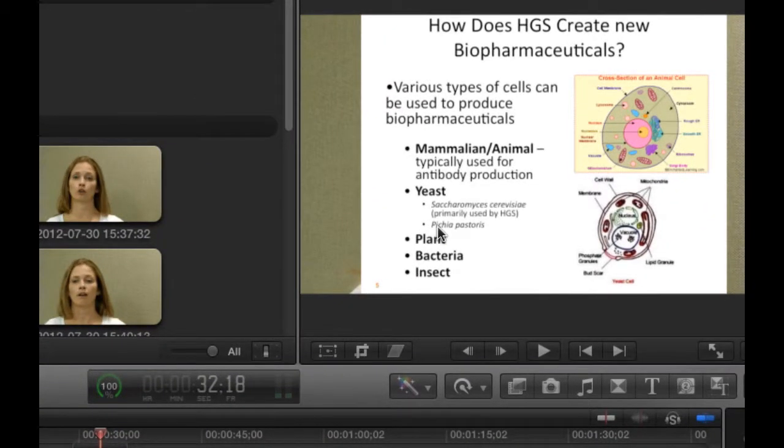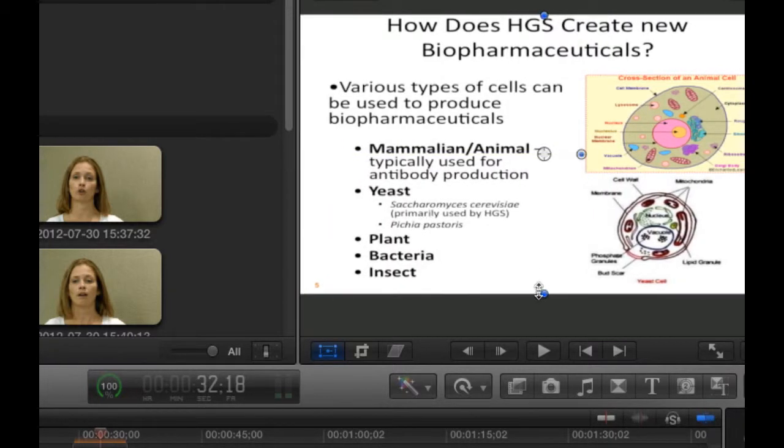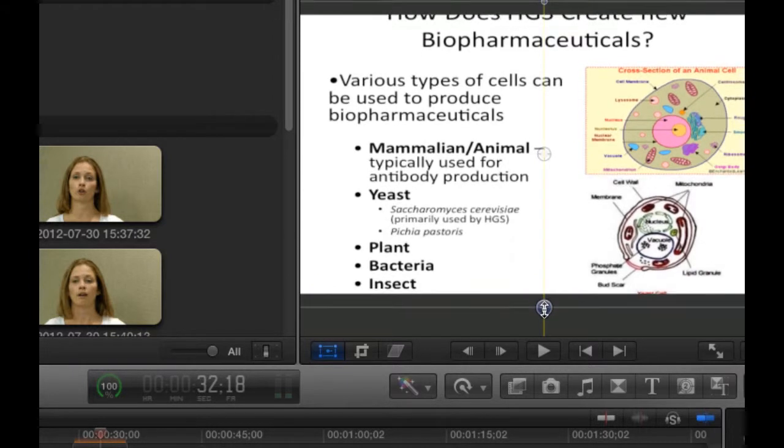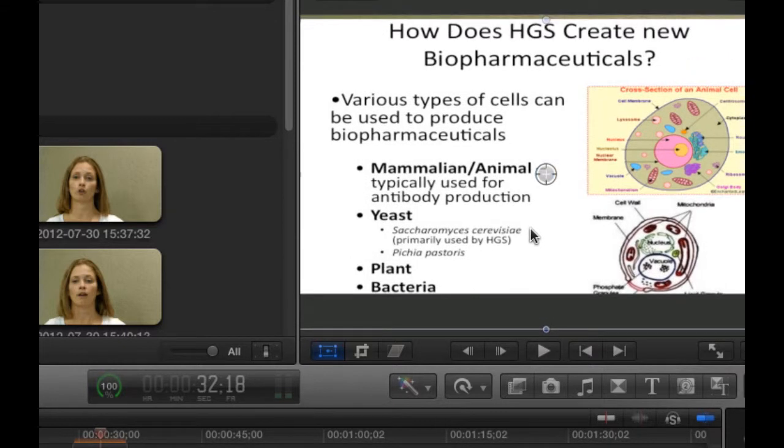So with the slide selected, I'm going to take a look up here in the top right hand corner, and I have a transform icon that will allow me to stretch the video out, and we're getting a little distortion here, but it's not horrible. I might want to stretch it up a little bit